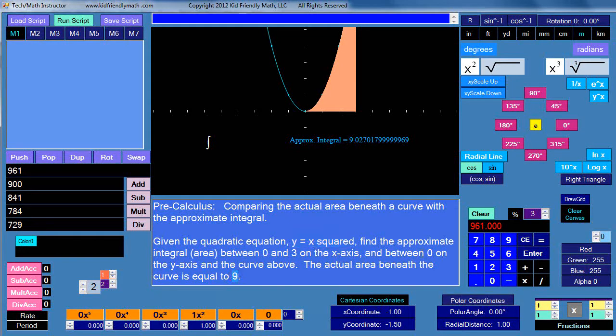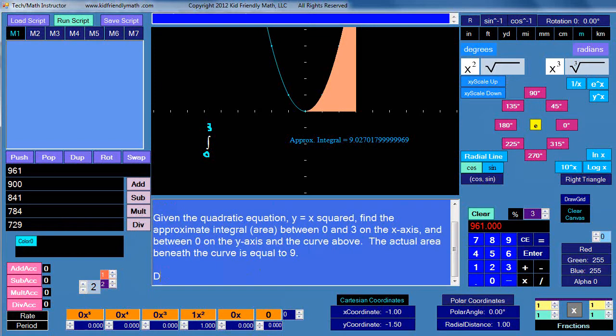In this case, your upper limit would be 3, like this. You'll actually see it like this. This would be 3, and your lower limit would be 0. This integral sign would be much bigger, but you'd have a 3 above it, and that would be your upper limit, and your 0 would be your lower limit, and you would call that a definite integral. I'm going to show you why. It's because a definite integral,